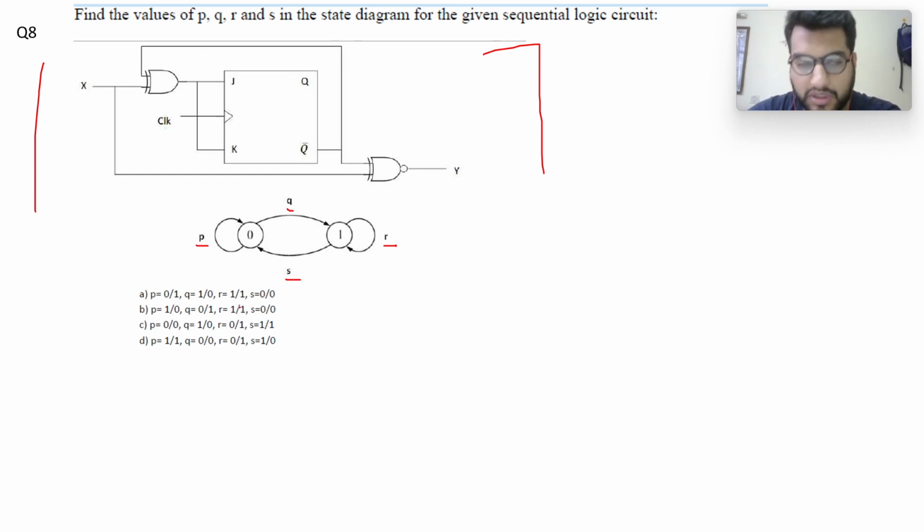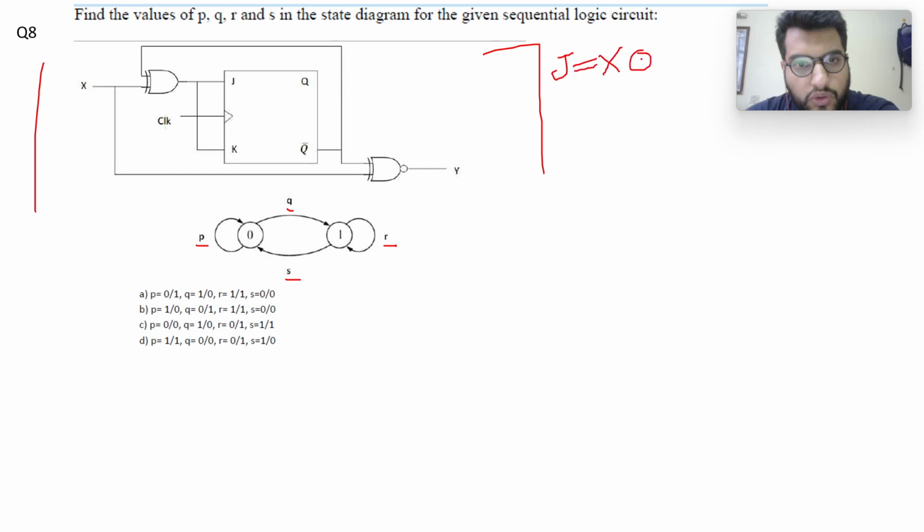The way I approached it, first I will write down the characteristic table, the excitation table of this circuit, and from there I will find out the states. So first we need to look at this circuit carefully. Here X is going to the XOR gate, and Q complement is also going to the XOR gate, which is finally going to J. So my J will be equal to